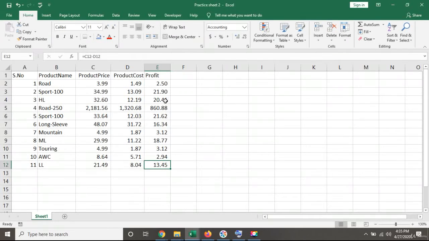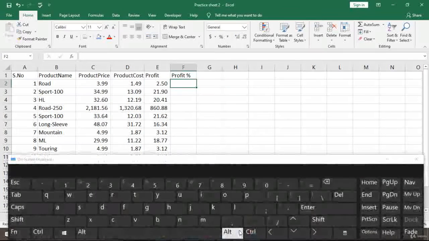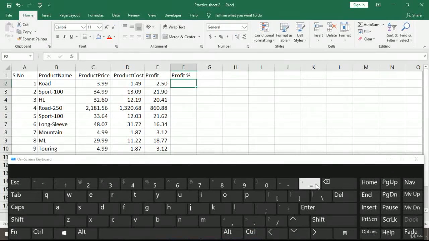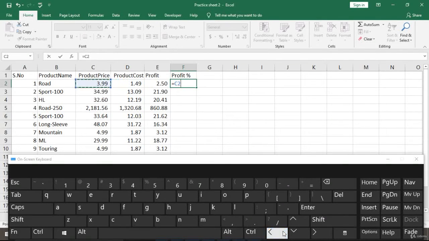Okay, so now we have calculated all the profits, and let's add one more thing, and that is profit percentage of sales. So I will say profit percentage, profit as a percentage of sale. To do that, let me show you the keyboard again. I will just take the equals sign, and I will use my keyboard cursor to select the profit first, and then the divide key, and then the sale. Now you can do the multiplication by 100 to apply the percentage, or there is a faster way of doing it.